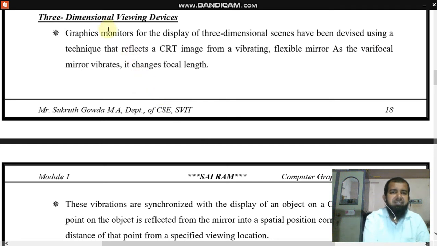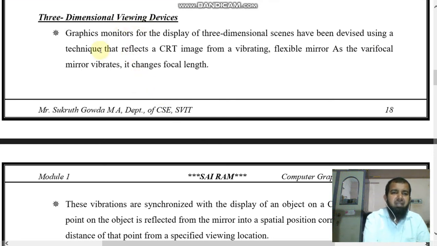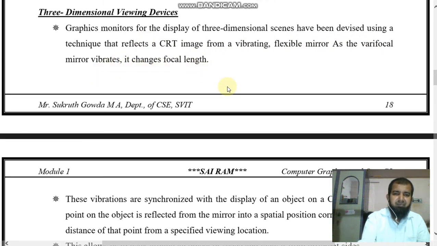And the last one is three-dimensional viewing devices. Graphics monitors for display of three-dimensional scenes have been devised using a technique that reflects a CRT image from a vibrating, flexible mirror. As the varifocal mirror vibrates, it changes focal length.